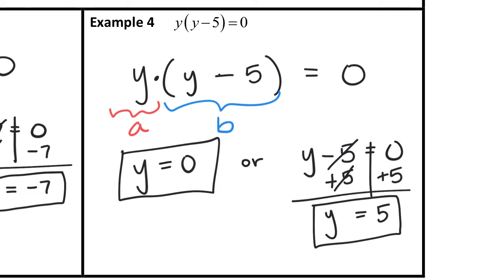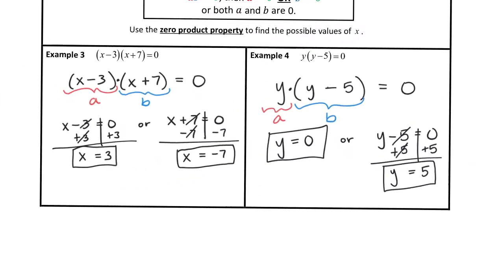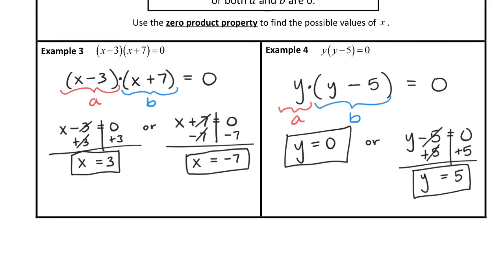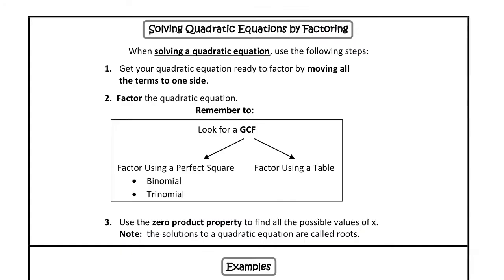All right, so let me zoom out again so we can see both examples. Awesome. So using the zero product property helps us to find the values of x. So we found the values of the variable. In this case, the variable is x. In this case, the variable is y. All right. The next page